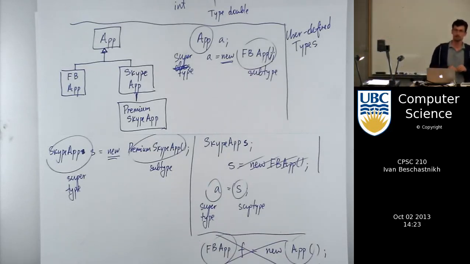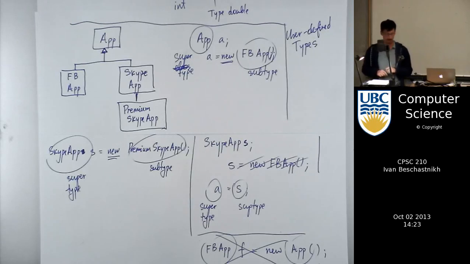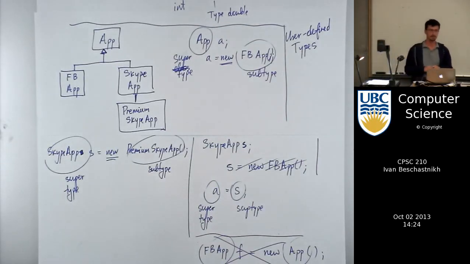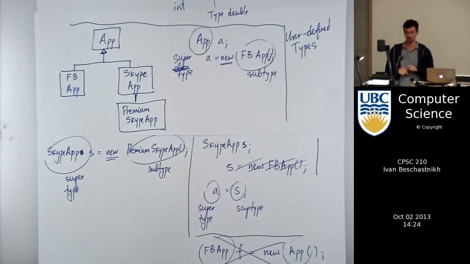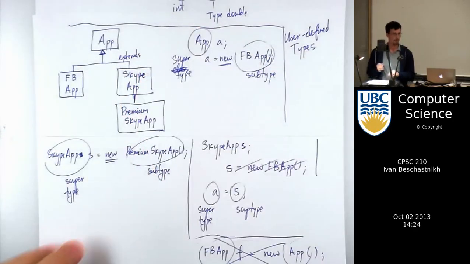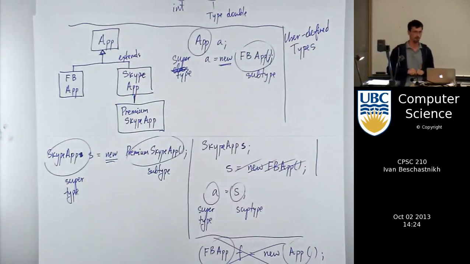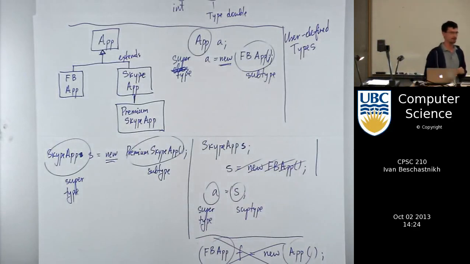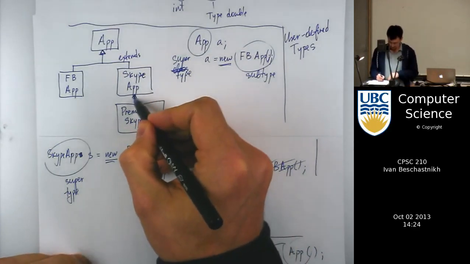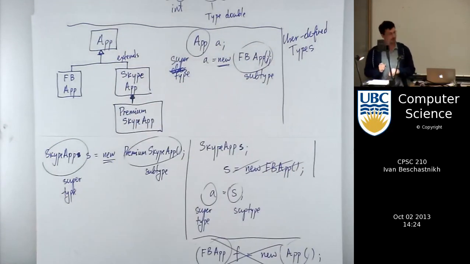Was an app an interface anyways? Is the app an interface? Well, how do we represent interfaces? Dotted line. That could be a dotted line. I can't subclass an interface. So this is the extends relationship. It's not an implements relationship. There's no arrow from premium Skype app because there's no subclass and superclass relationship. Yeah, it's mostly just my mistake. There should be an error.